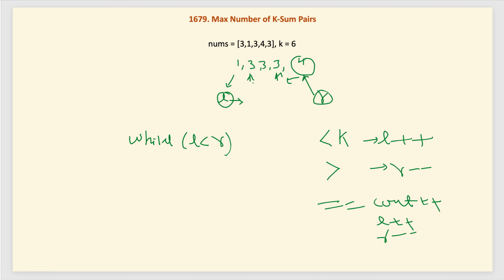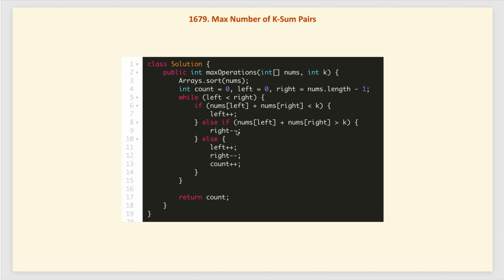So we will increment L here and R here. Once we reach here, this loop will break, so we will have only one pair which sums to k. So this is another solution. You can pause the video and try it out, code it yourself. Here is the code I have written for this approach.